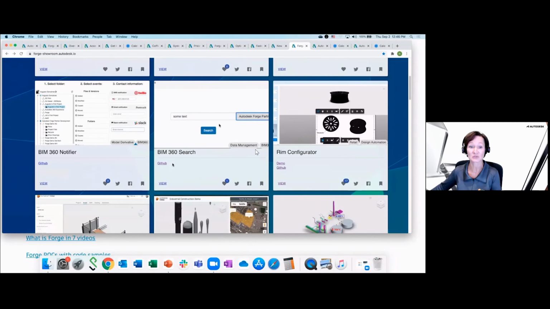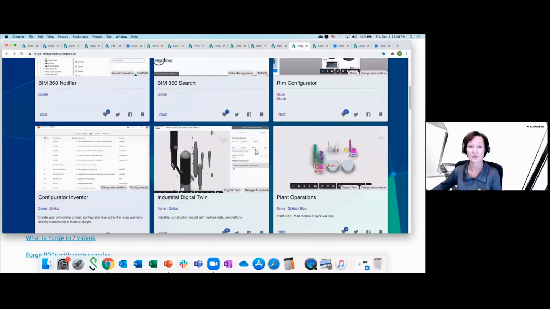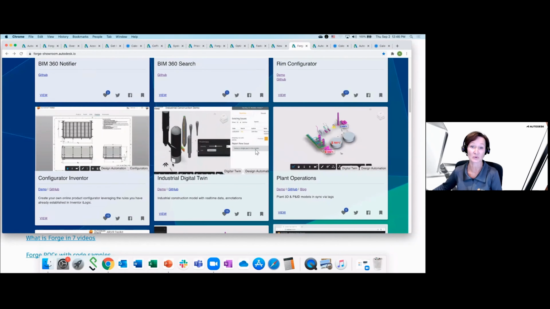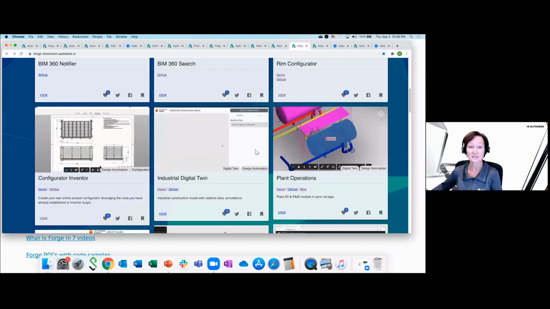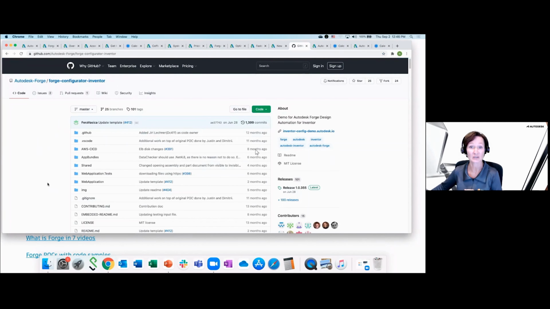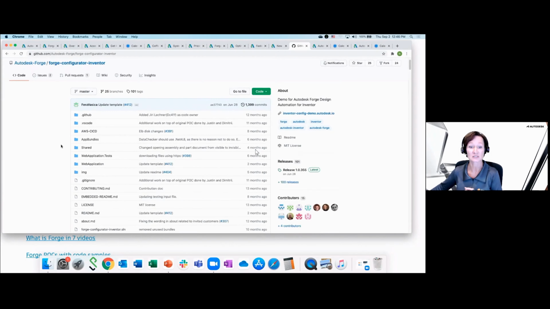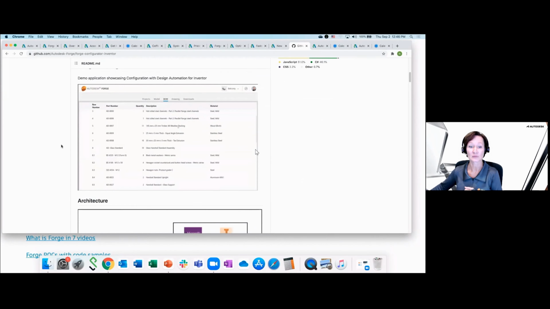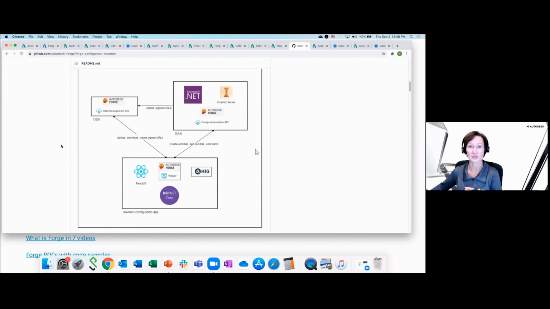Because imagine doing something from scratch, when you can really focus on your customer needs and requirements. And these are not just examples, but real code samples that your software developers can use. You just go to GitHub, find Autodesk Forge, and you have all these code samples that you can use.